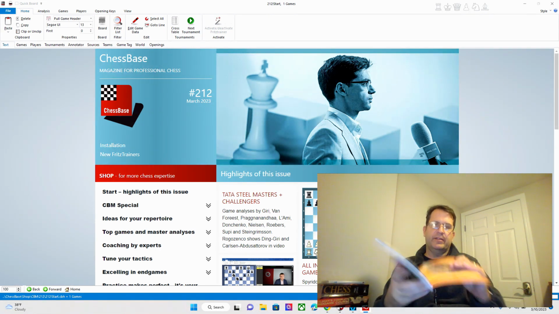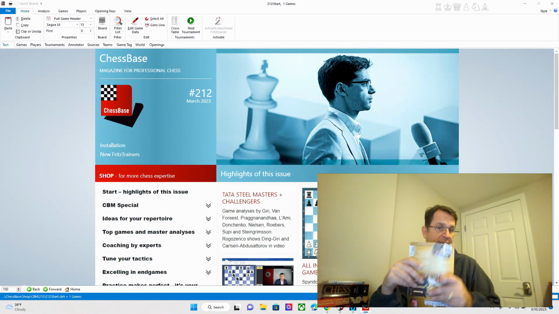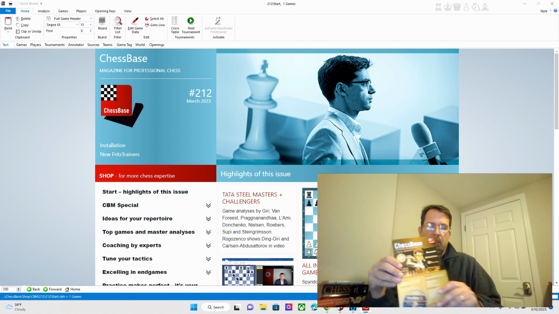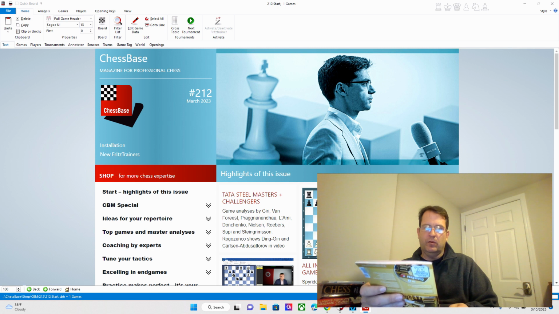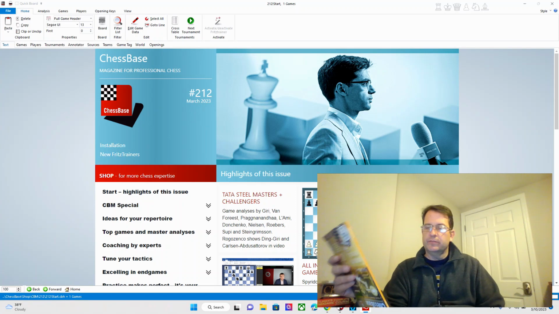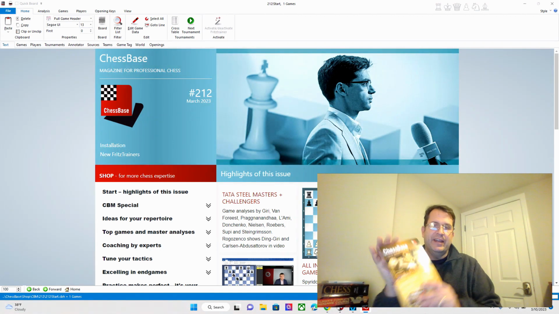And then the back, they have these DVDs that you can either read the entire magazine, and I'll show you how you can do that. But there's also a lot of video on these. I'm not sure about the older ones. I think there's hours of video on these, even the older ones. Nowadays, I think there's about 4 hours of video instruction by grandmasters in every issue.